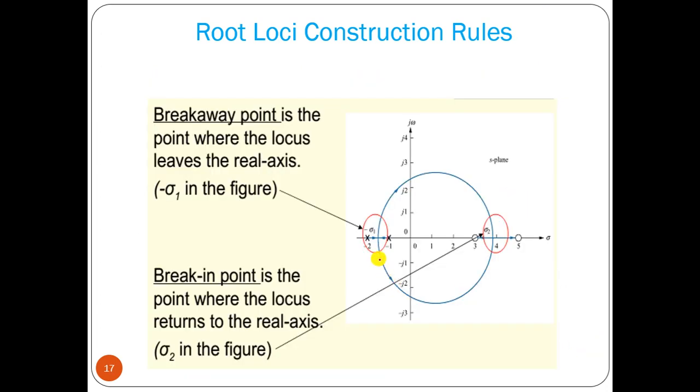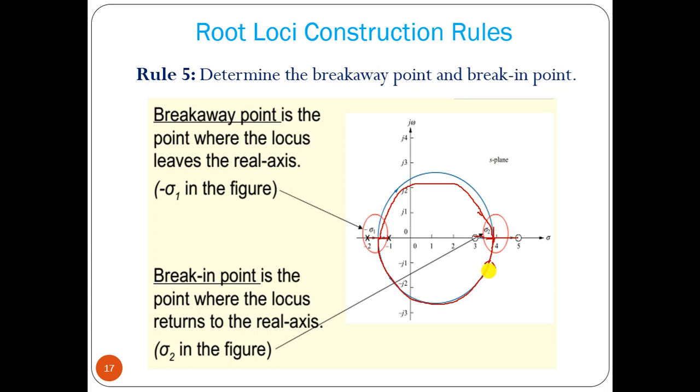So I can tell you in this example that these two poles come, break away, one pole goes this way, enters and then goes to another zero. Another pole comes here, breaks away, goes this way, enters here and goes to the other zero. Okay. So between two successive poles it is the break away point, and between two successive zeros it is the break in point. Okay, so this is the point we have to provide.